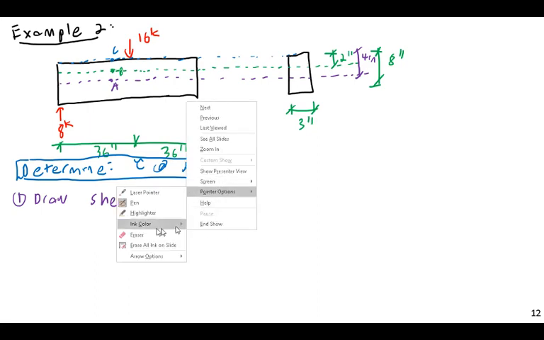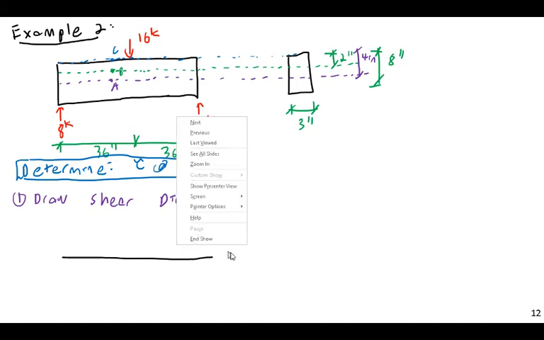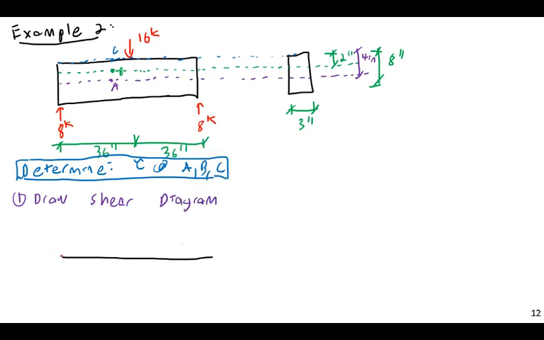And this one is not going to be too hard. It's just a point load with 2 equal reactions. This is a nice, simple shear diagram. We can do this in our sleep. So the shear diagram is going to look like this. It's simply going to be like this. We can just do this one by inspection,